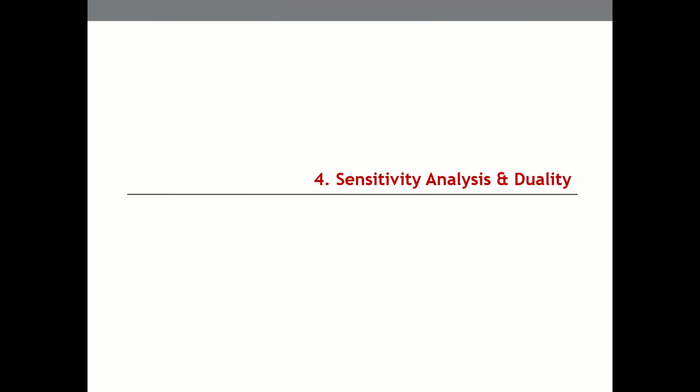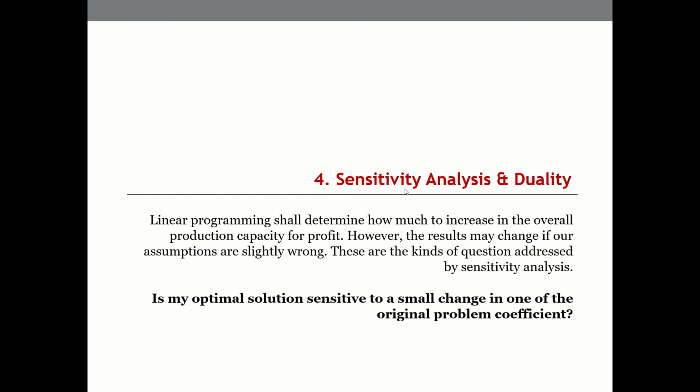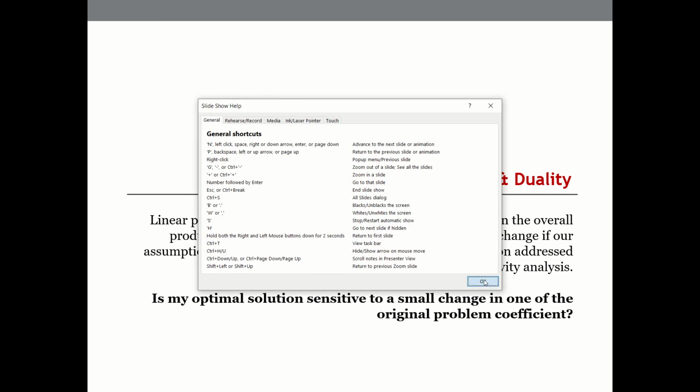Once we have learnt about some decision making and decision support tools, there are a few keywords that we should also know. One is sensitivity analysis and duality. What is sensitivity analysis, and what is the concept of duality? That we will try to see. The first keyword is sensitivity analysis.